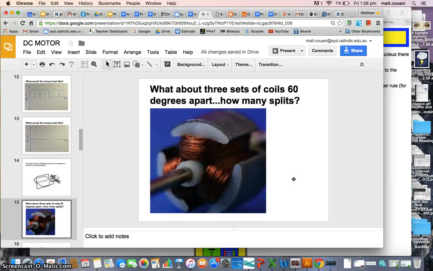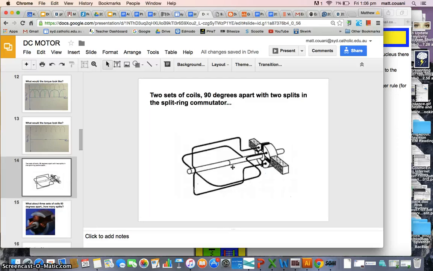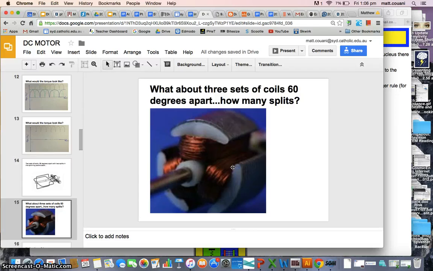What about if we had 3 sets of coils 60 degrees apart? How many splits would we have for that split ring commutator? You can see we've got 1 set of coils, 2 sets of coils, 3 sets of coils. Don't worry about this iron bit here. We're going to go through that in a moment. See, the coils are wrapped around what we call a soft iron core. Don't worry about that. But if we've got 2 sets of coils 90 degrees apart with 2 splits,